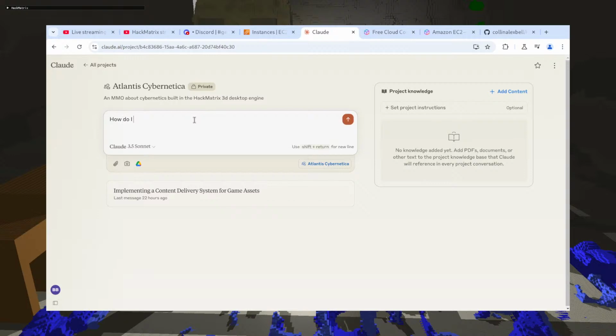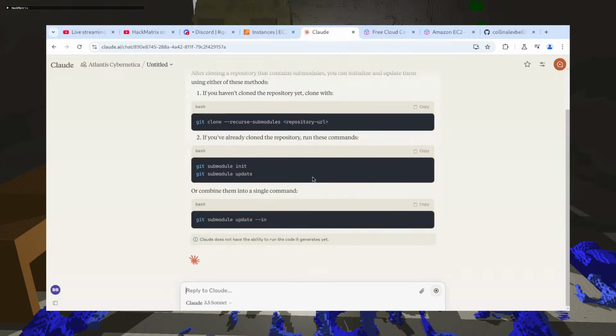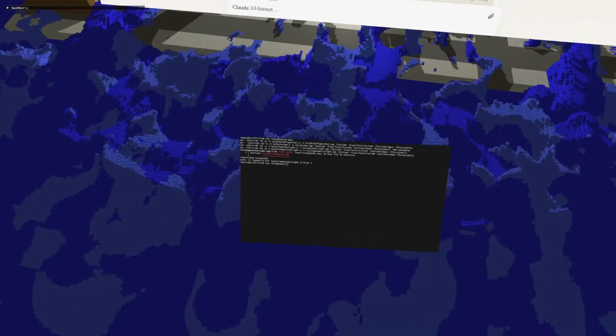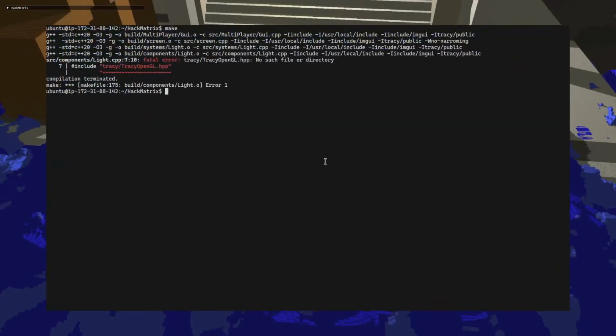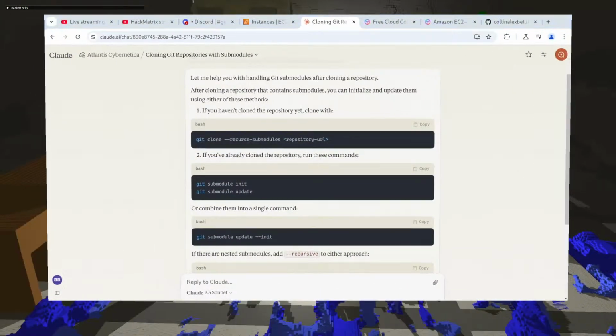How do I download submodules after cloning a project? I've already done that. Okay, this is what I want. So this is now number 1, and this is now number 2.